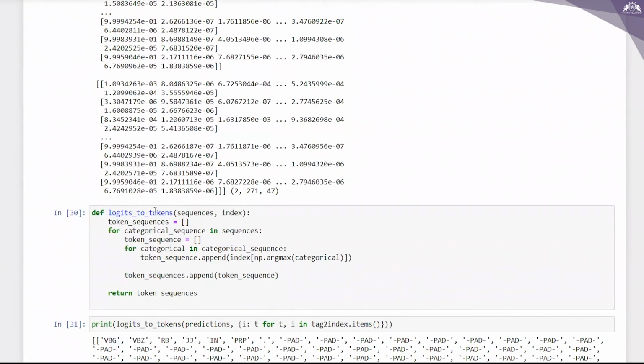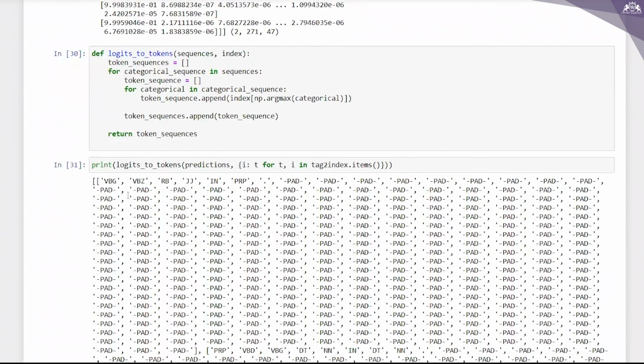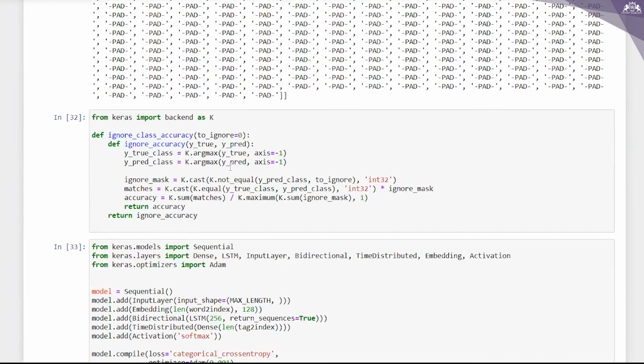This is what I have defined as logits_to_tokens, and you can see what it looks like. Now we are fairly acquainted with the Penn Treebank tag set, and we are probably disappointed with the result. So what is wrong here? For most of the sentences, the largest part is actually the padding tokens. These are really easy to guess, hence the super high performance we are getting. Now let us write a custom accuracy that ignores the padding, from keras import backend as K.